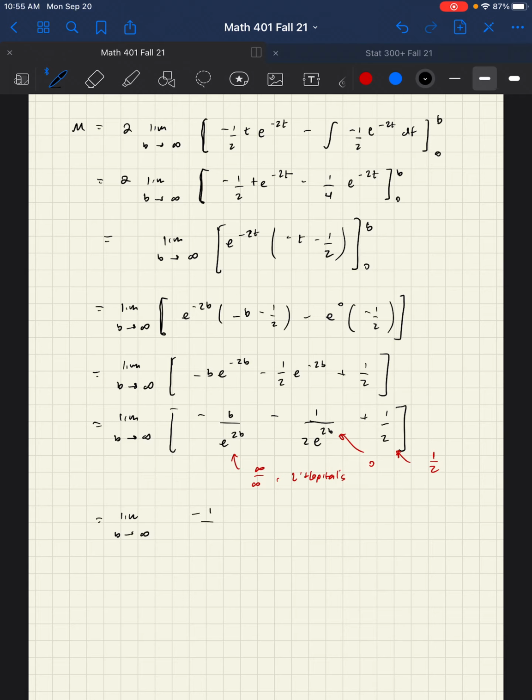So I'm going to use L'Hopital's on the first expression. That's going to be the limit as b goes to infinity of negative 1 over 2 e to the 2b plus 1/2. And now we can see that the indeterminate form that we converted using L'Hopital's rule actually turns into 0. And lastly, we get 1/2. So there you go. This means that